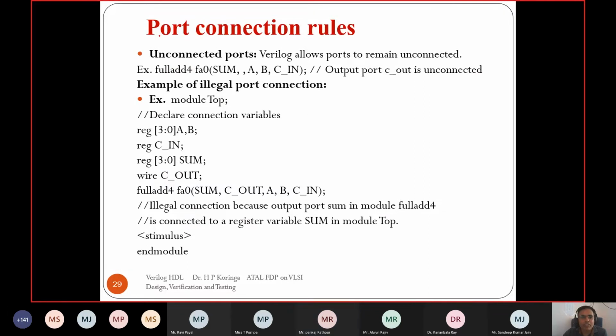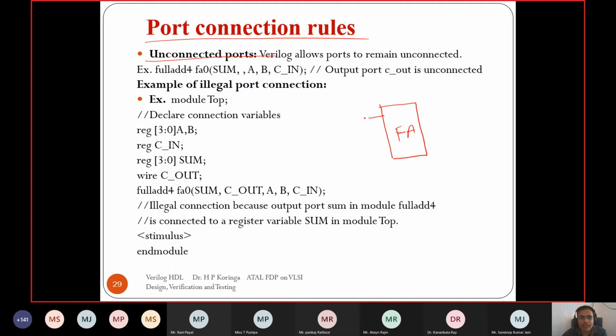Now, port connection rules. We may have some unconnected ports when we instantiate a module in a top module or any other module. Suppose we have a full adder.